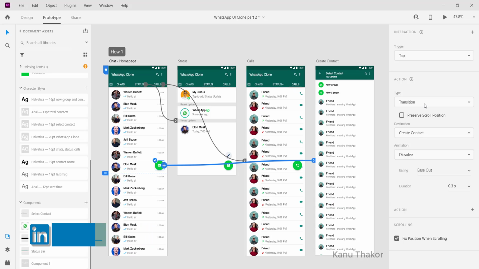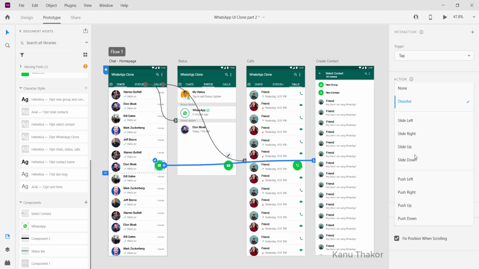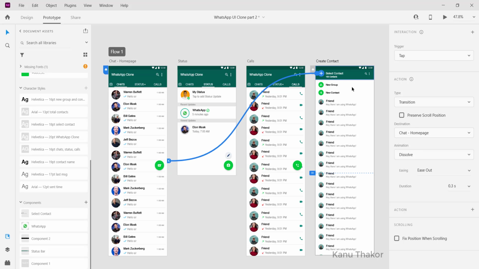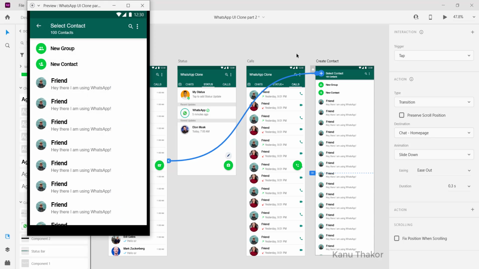Here you can see the action type is a transition, and destination is also there, animation is dissolve, but this time we want it to slide up. This animation should be of slide up type, and whenever we are clicking on it, it should slide down. So it will bring us this effect.